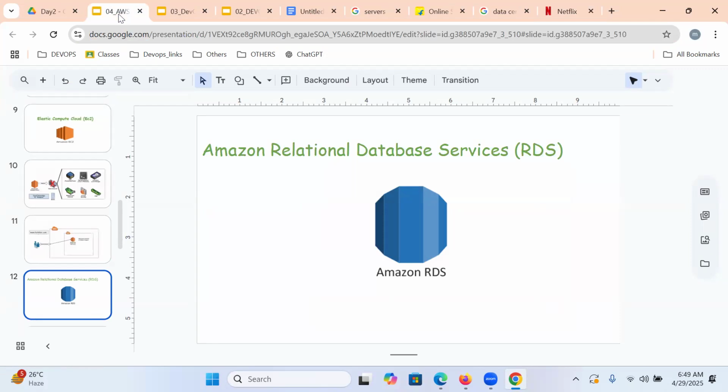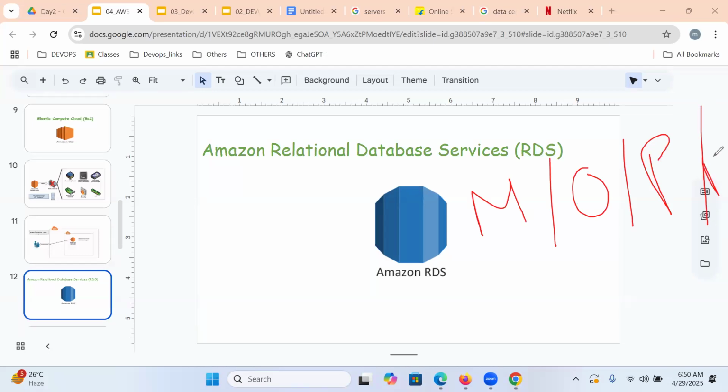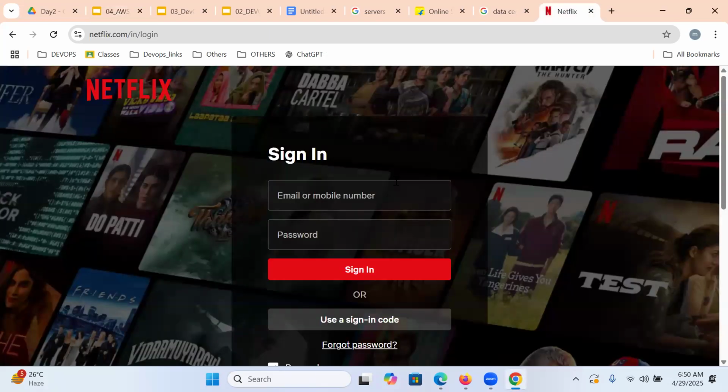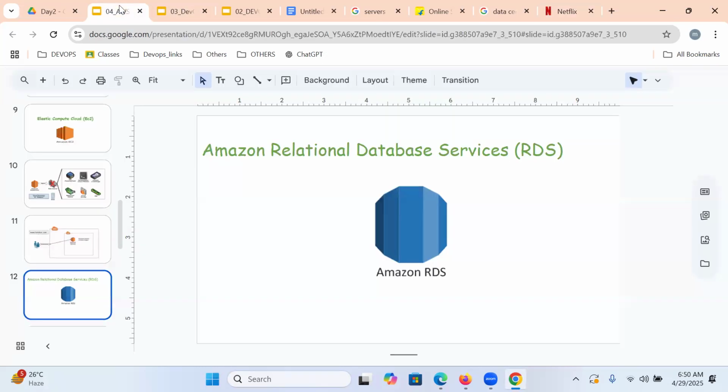By using RDS, we are able to get different kinds of databases like MySQL, Oracle, PostgreSQL, Microsoft. So different kinds of databases are offered. RDS is an AWS service, and with the help of this service we can get different kinds of databases. On top of it, we can maintain our customer information in a tabular format, like rows and columns, as you know very well.